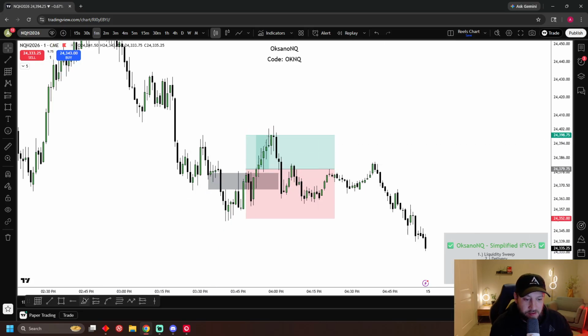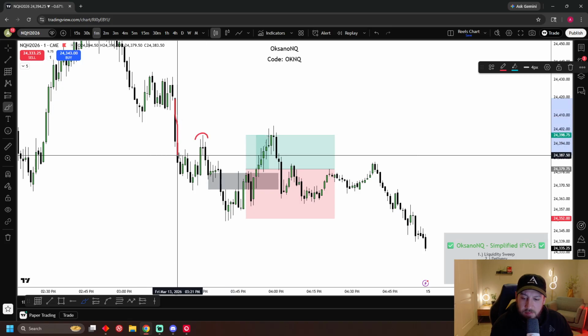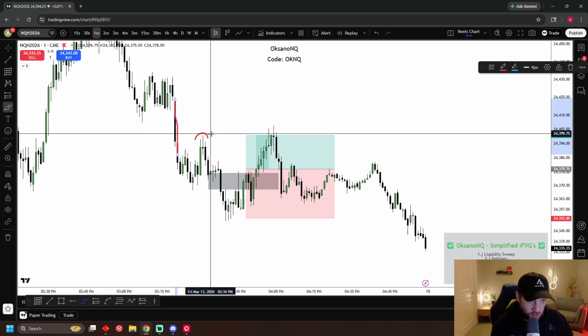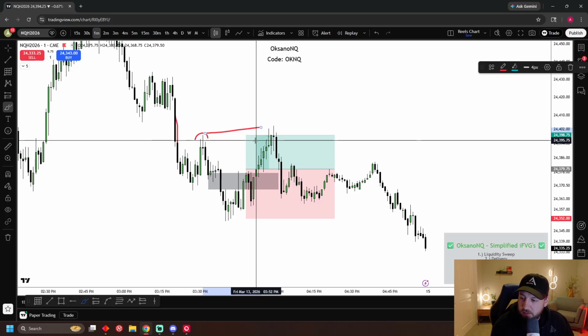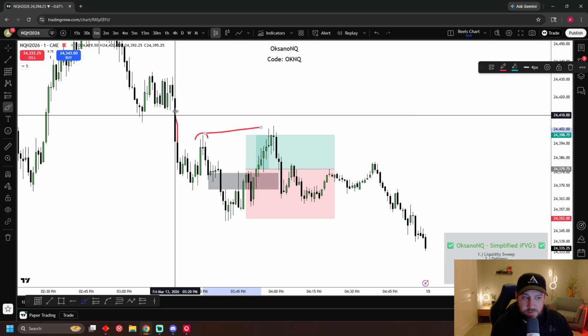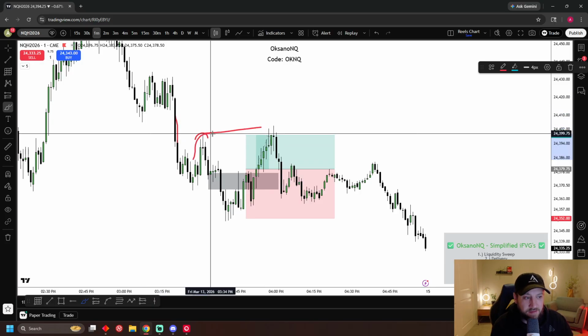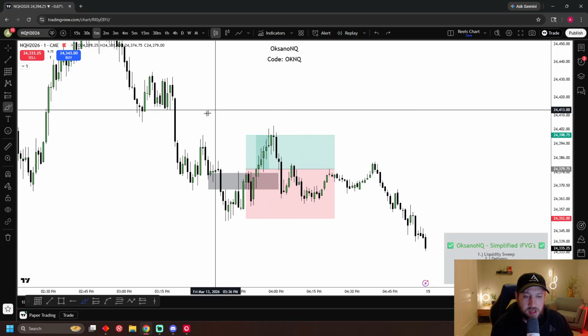I like explaining this one a lot. So notice how we have this swing high and this gap, right? Once we sweep this high, I will never, ever not go break even. Like, never, right? Because we have a bearish gap and we have a swing high. So now we put in a protected high. I can't not go break even.